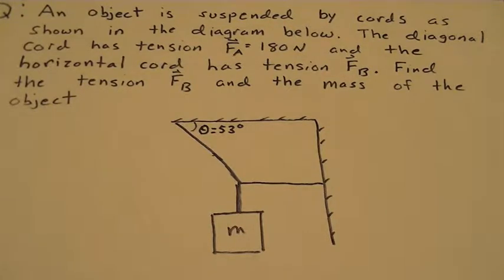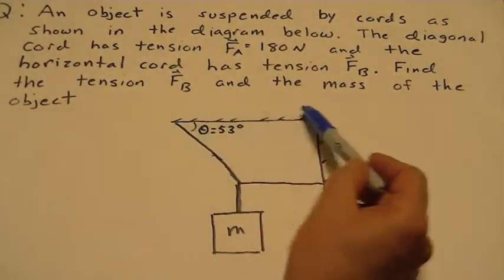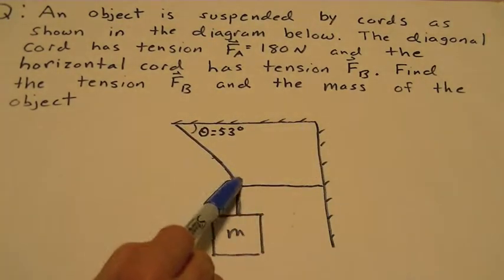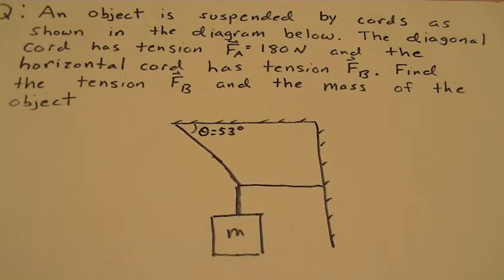Now, again, as with any problem in physics, having a good sketch in front of you to work with is very important. Now, the question this time involves an object, a mass, suspended by ropes. So here, an object is suspended by cords as shown in the diagram below. So here are a ceiling and a wall, and I have three cords with a mass suspended on the bottom